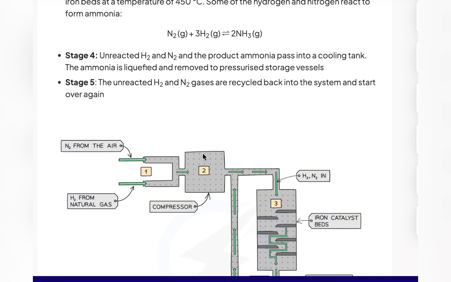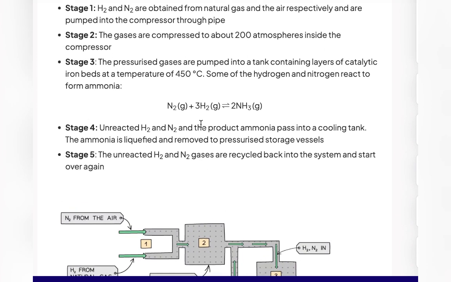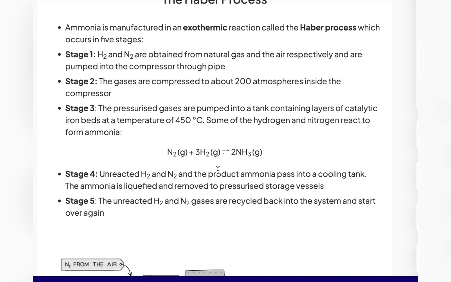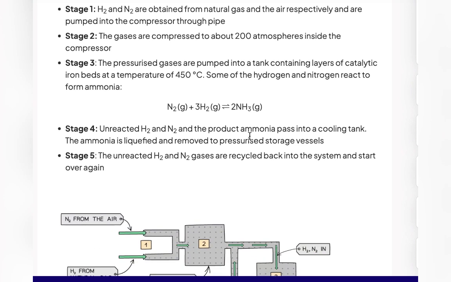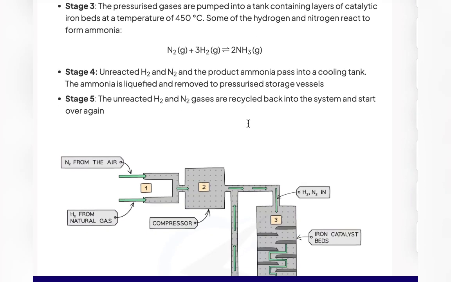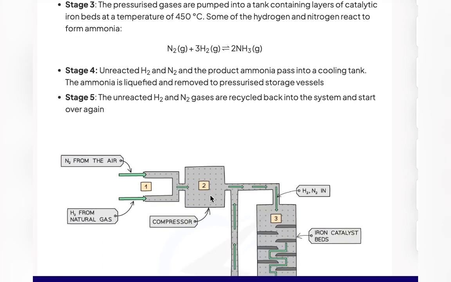So we mix them, and then we pump them to the compressor. The compressor will compress the 2 gases together, like grind them together. The compressor will scrub them together. We mix them, scrub them and clean them. Okay, then the gas mixture is compressed here at this stage 2. That's our stage 2. The gas mixture is compressed at stage 2. The gases are compressed to about 200 atmospheric pressure in the compressor. Here we make the pressure in the compressor 200